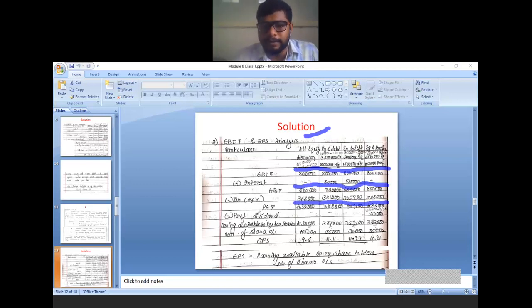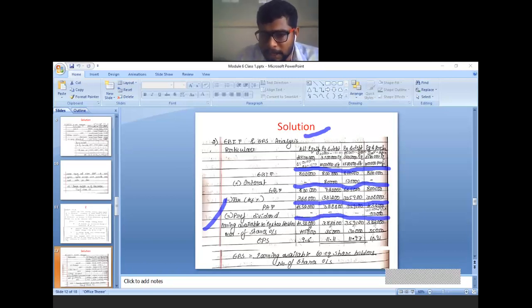Then according to the format, deduct preference dividend. First plan no preference share capital, write nil. Second plan no preference share capital, write nil. Third case no preference share capital, write nil. But in the case of fourth plan, how much is the preference share capital? 10 lakh is the preference share capital. It is given in the plan. So 10 lakh into 5% preference dividend. How much is it? Use your calculator, it is 50,000. So 50,000 is preference dividend, right? Then deduct once again, you will get earning available to equity shareholders.